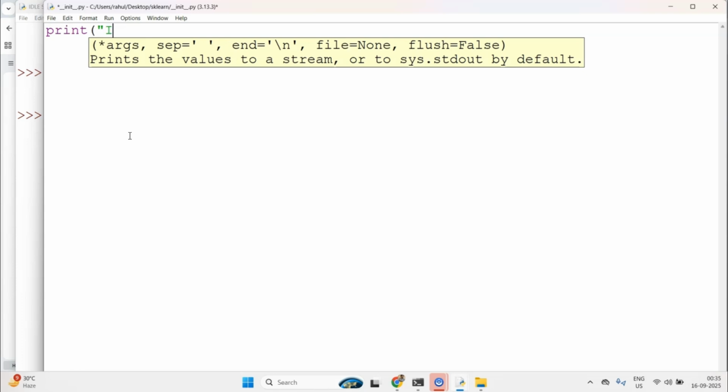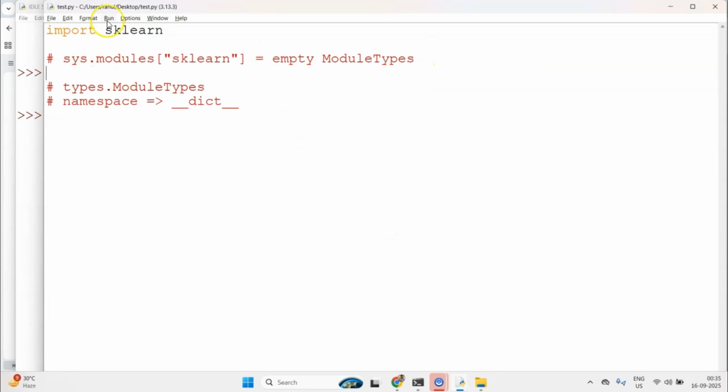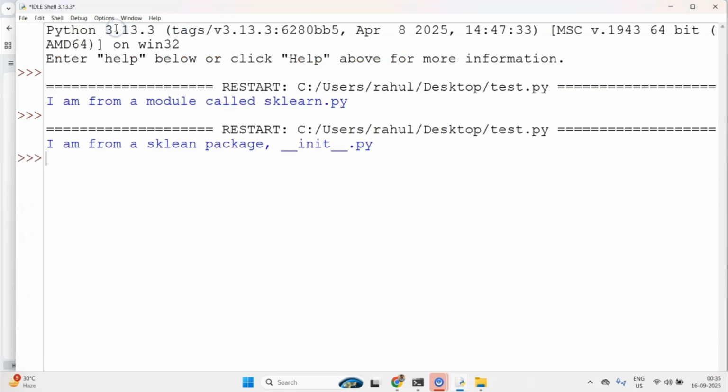So I'll say "I am from a sklearn package", and I can also say init.py. Now if I close this and try to run this again, this time it will run the init.py. So "I am from sklearn package init.py". Before that it was from a module.